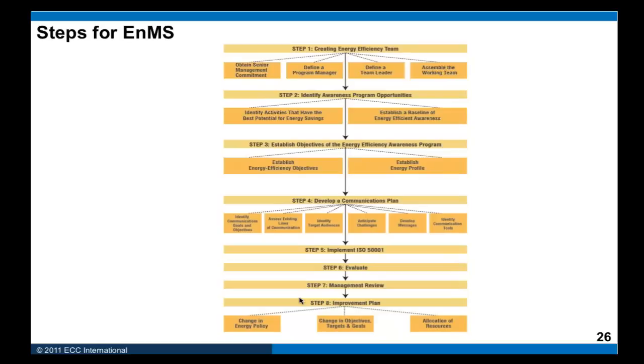Number two, identify awareness program opportunities. So very important to find out where there is potential for saving. Then while you're finding out the potential for saving, you baseline our current usage and use that as the basis to start new initiatives. Step 3, based on the baseline, establish objectives and then establish an energy profile for our